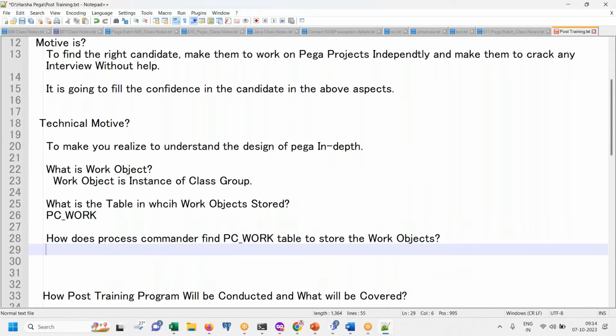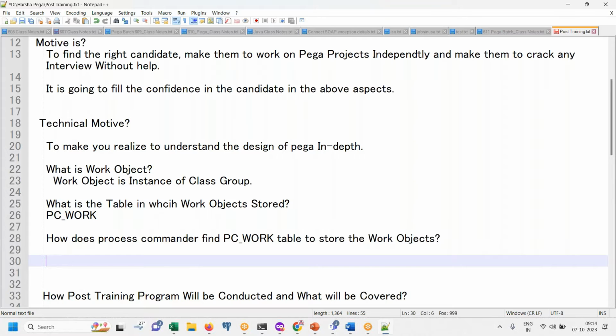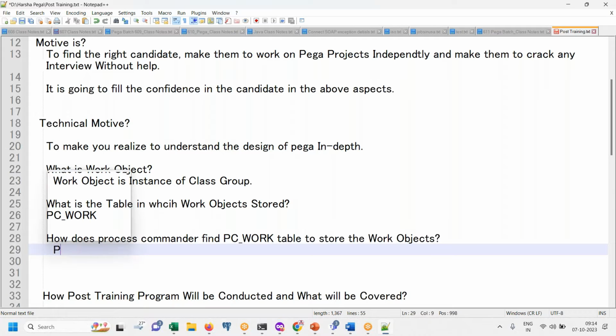See, there are n number of tables in the backend. In the PEGA backend, there are so many tables available. Out of these many tables, how come PEGA is identifying only the work table, the specific work table to store the work objects? What is your answer for this question? Online people should respond. A table that is mapped to the work class. Correct. So PC_work is the table which is mapped